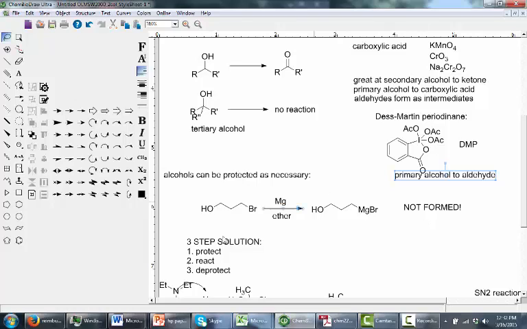If I want to start with this bromo alcohol and form a Grignard reagent from there, my normal formation of a Grignard reagent is to treat that alkyl bromide with magnesium and ether. So if I just focus on this half of the molecule, I could say, okay, I have an alkyl bromide, let me just add magnesium metal, I'll form this, life will be good. But it turns out that this doesn't form. And the reason this doesn't form is because the alcohol is an incompatible